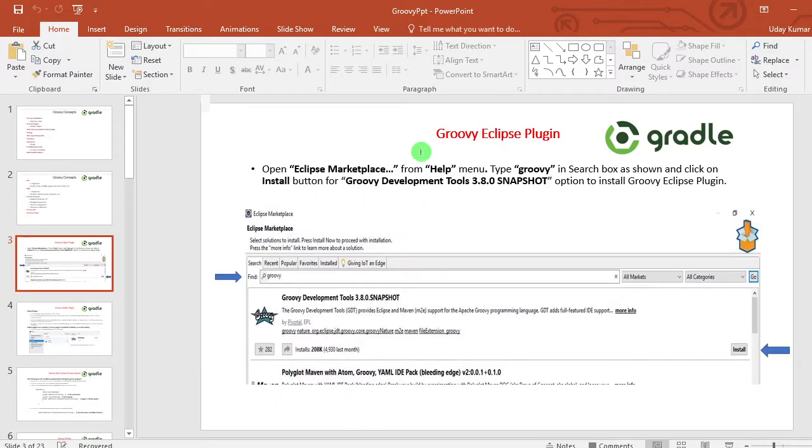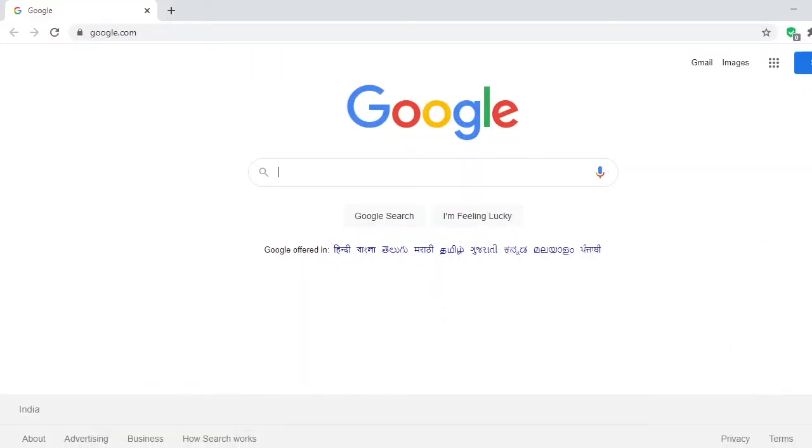As we have seen in the previous session, for smaller scripts you can use Groovy Shell, but when you start developing bigger projects, you need to write some complex scripts, right? In such cases, it's always good to have these IDEs, because you know the benefits of using IDEs, right? So in this session, we will see how to install the Groovy plugin for these IDEs. Firstly, let's see it for the IntelliJ IDE.